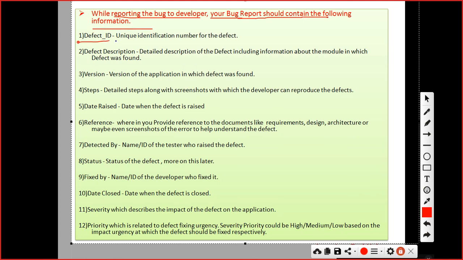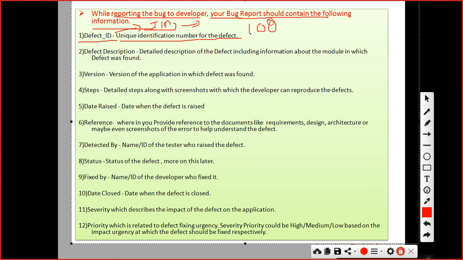You will get a defect id, or sometimes it is called an incident id, incident number or issue number, right? Every company has a unique identification number for the defect, because in the test management tool we have 100 defects.